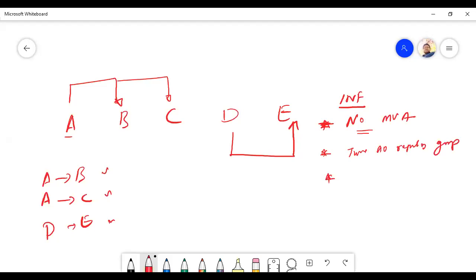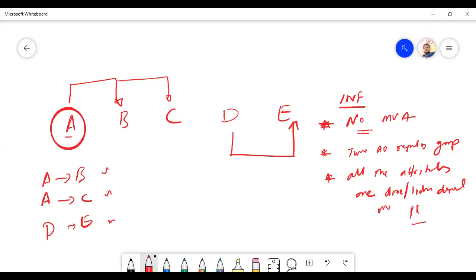It means whatever the activity you are doing, all the attributes are directly or indirectly dependent on the primary key. Now, the primary key here is A. A is a primary key. B and C directly depend on it. Right. If you take D,